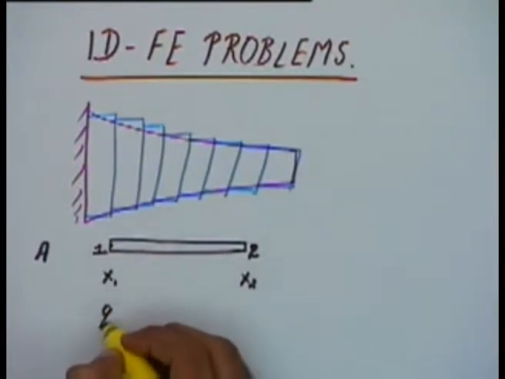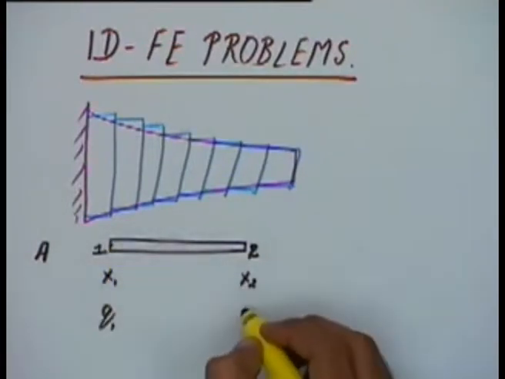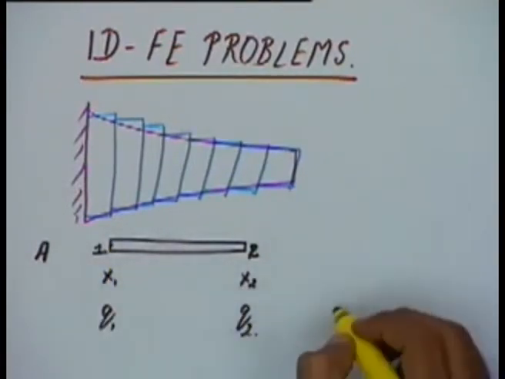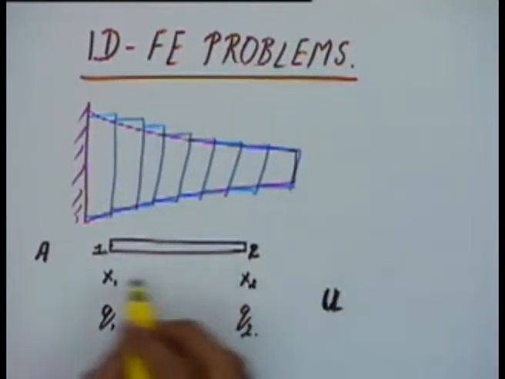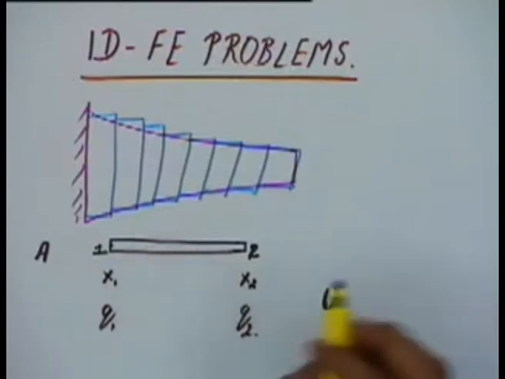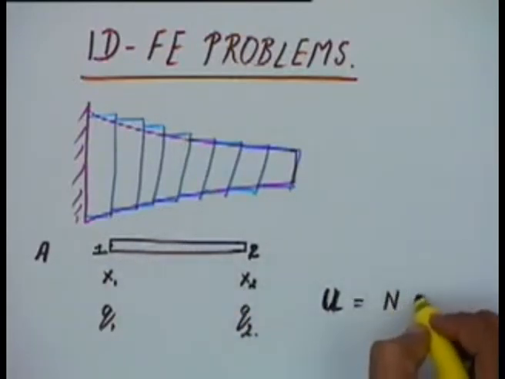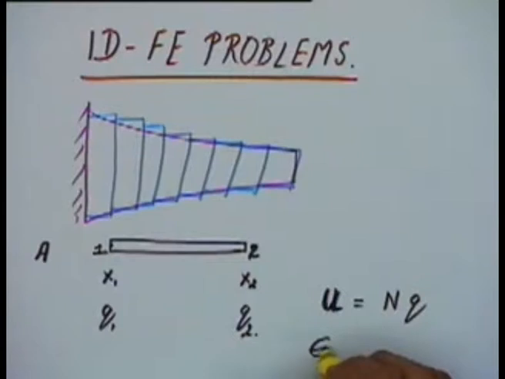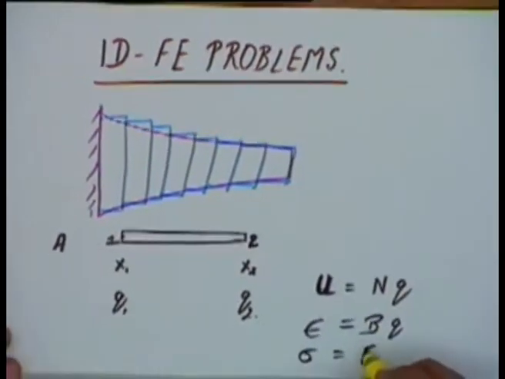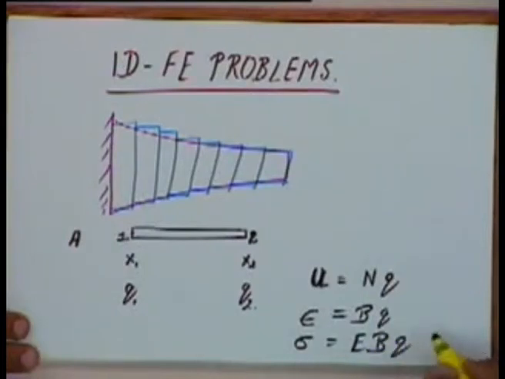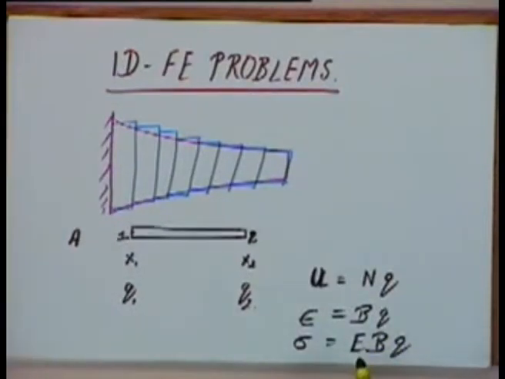and let us say the deformation at this point is q1, the deformation here is q2. We had said that u, the deformation at any point inside this element, will be equal to N times q. We also derived the fact that epsilon, which is the strain at any point in the element, will be equal to B times q, and the stress, that is sigma, will be equal to E times Bq, where E is the Young's modulus of the element. Okay. So if we take this formulation,